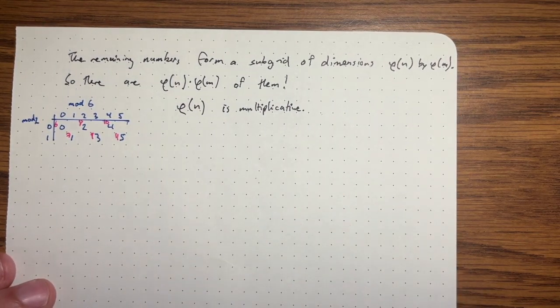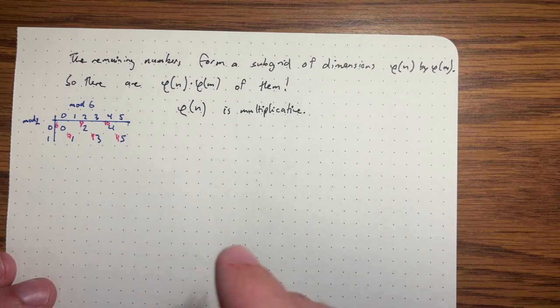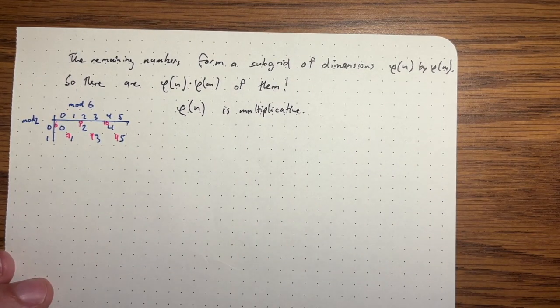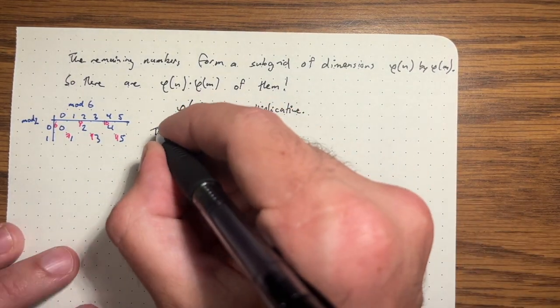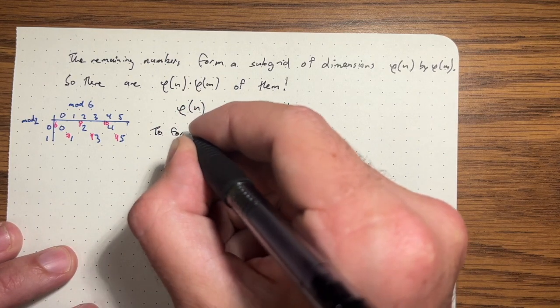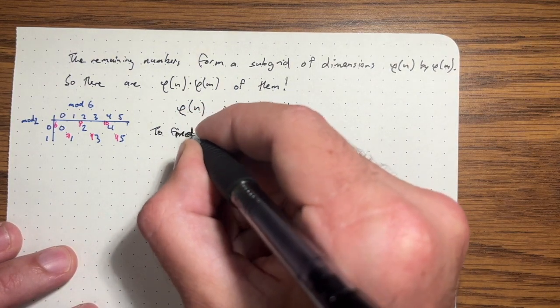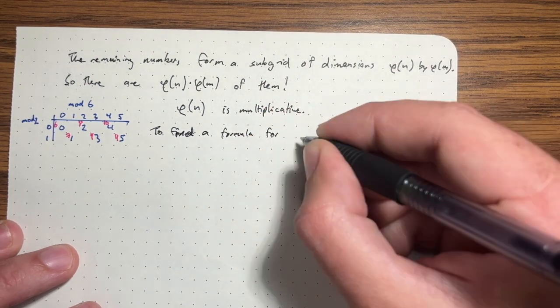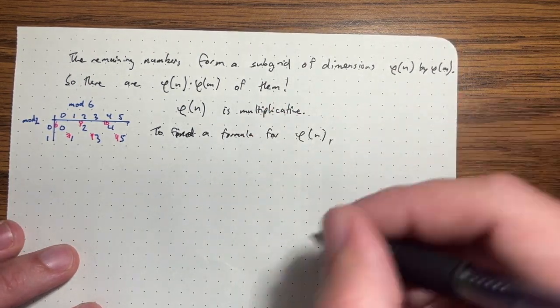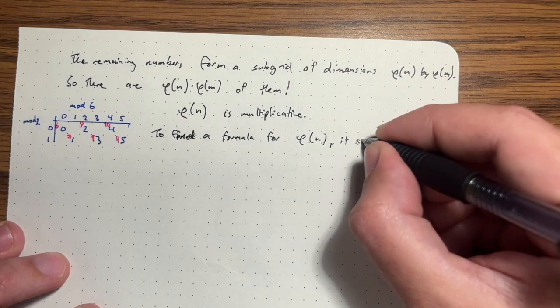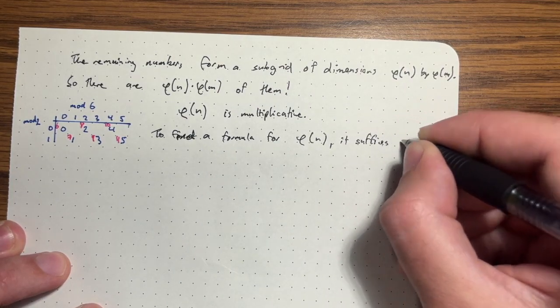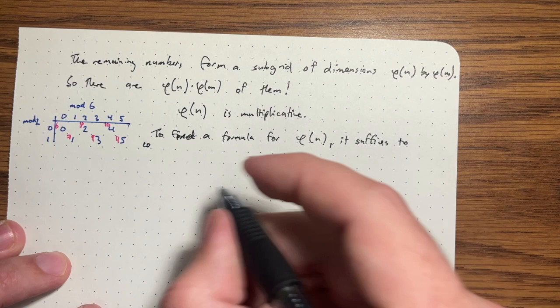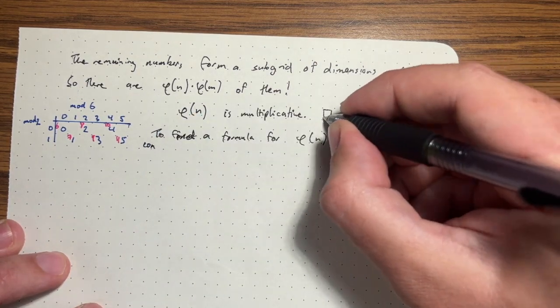Here we proved it's multiplicative first, and then we're actually going to use that to deduce the formula. So to find a formula for phi of n, it suffices